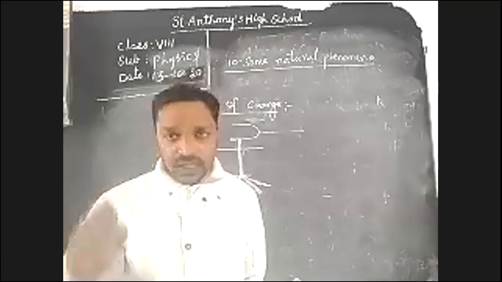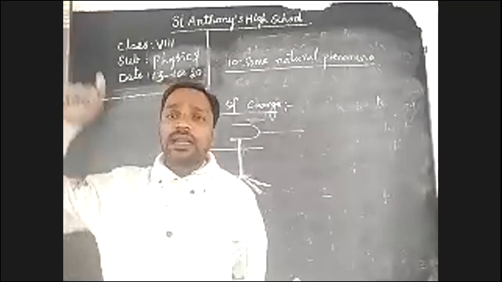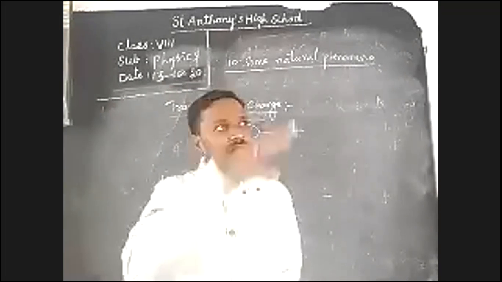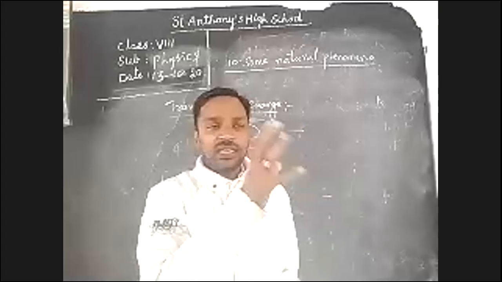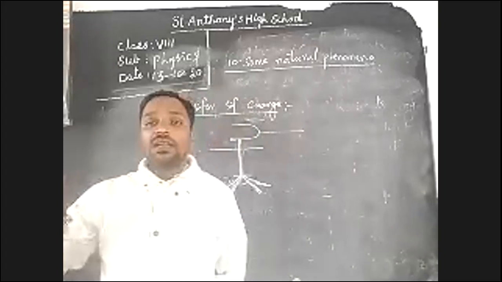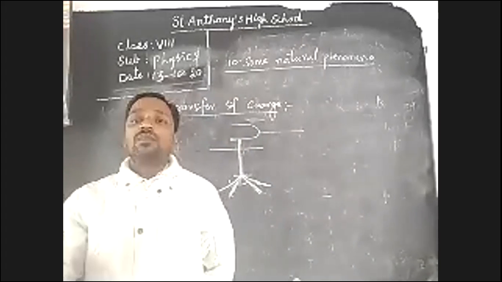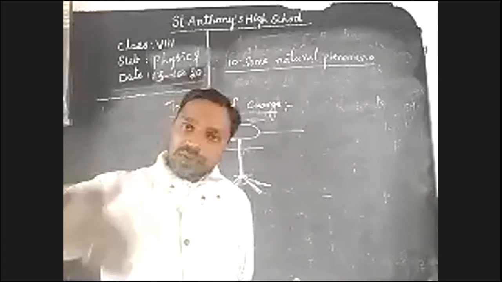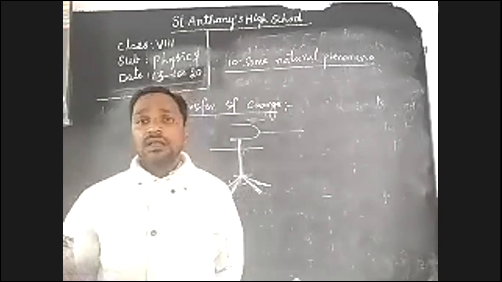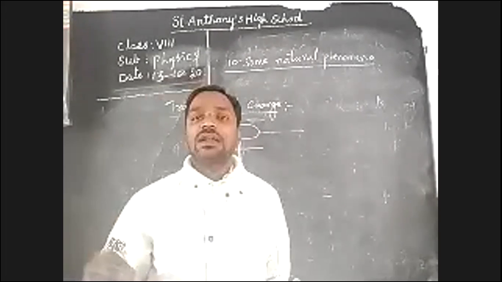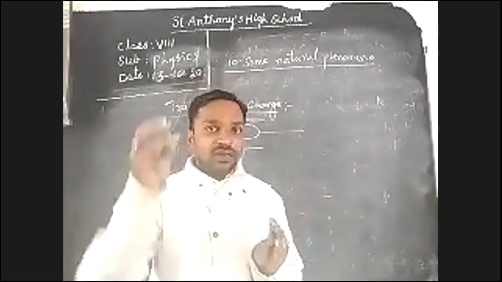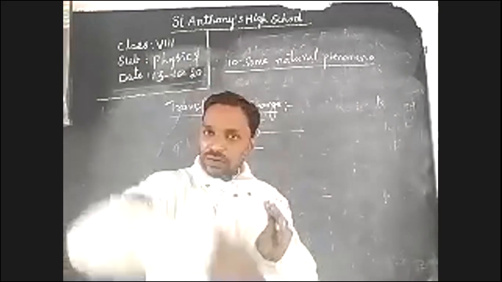Now, earthing is very important. So what is earthing? The excess current coming into our domestic connections in our houses, we send that extra current into the ground, into the earth, with the help of a wire. That is earthing. Suppose I need only 2 ampere of current and I am getting 2.5. That extra 0.5 ampere has to be sent into the earth,